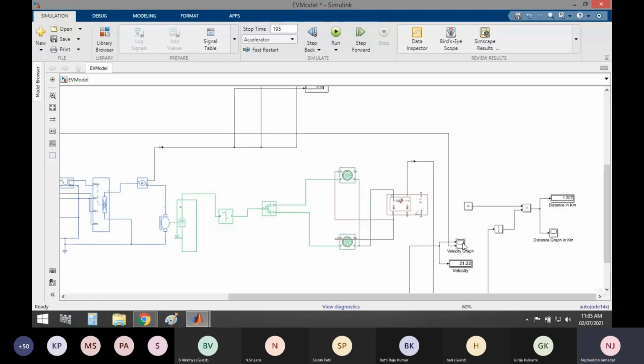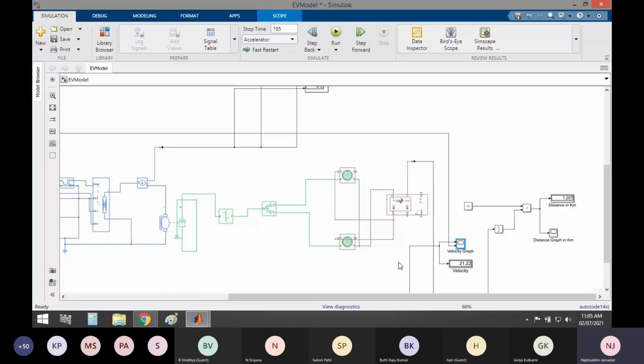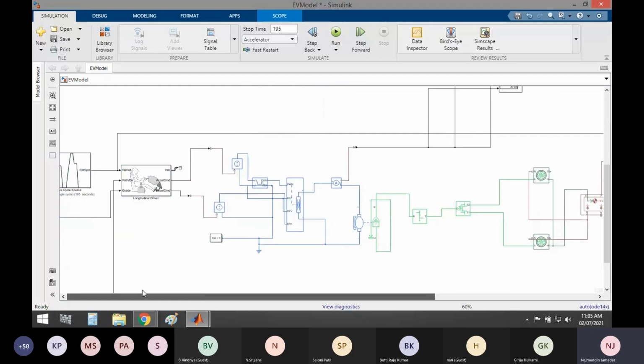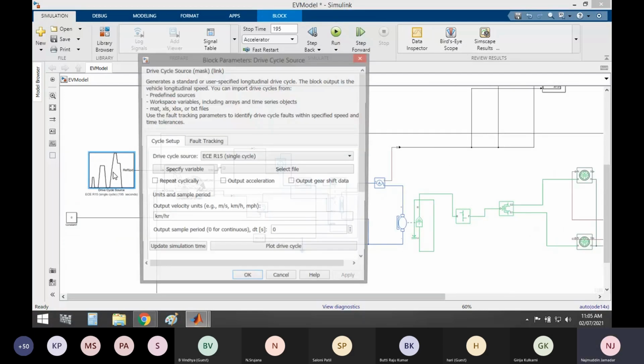I will go to the velocity graph. You may see here that the blue line is the reference and the yellow line is the actual vehicle velocity. So again, I will try to change the drive cycle from the input side, to YCC.